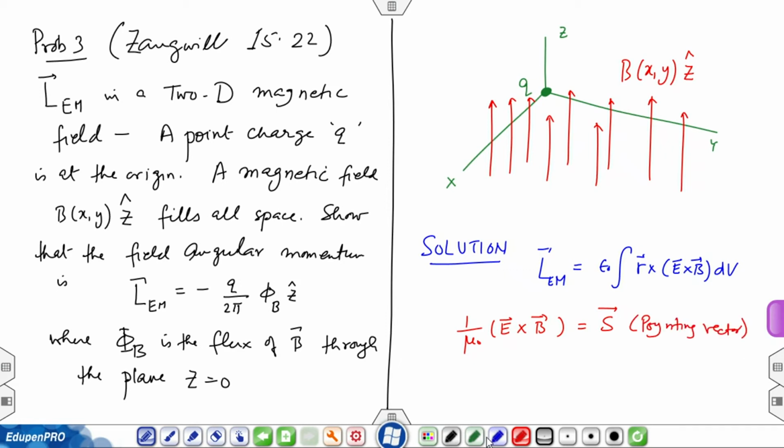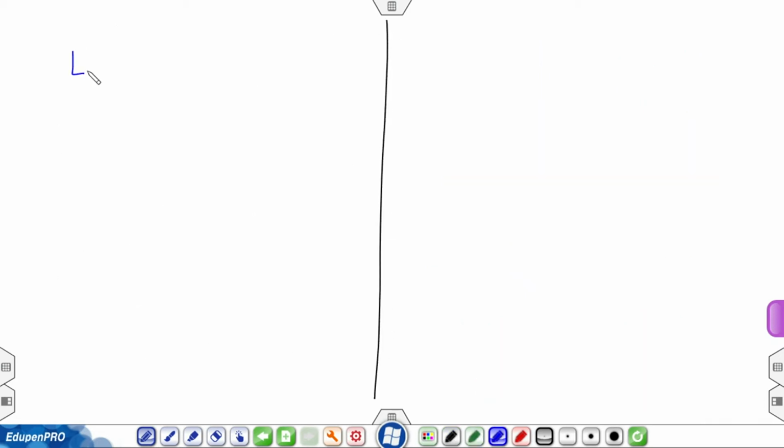Then I have pointing vector over C square, which will be epsilon 0 E cross B as the momentum, I should say linear density. And then you multiply r cross momentum density integrated all over the volume gives you the total L E m. So, I have L E m as equal to epsilon 0 r cross E cross B